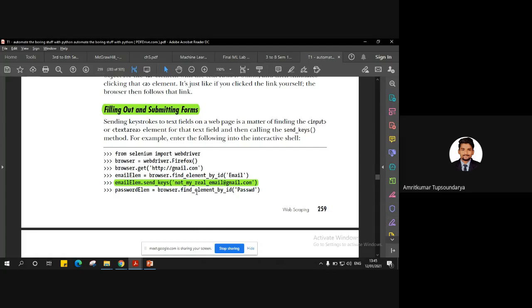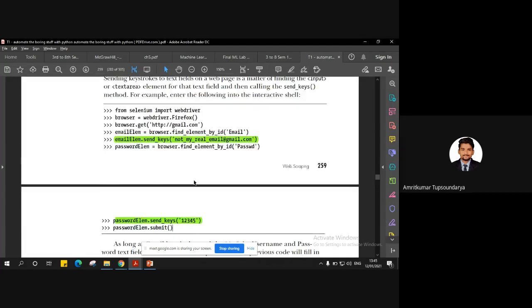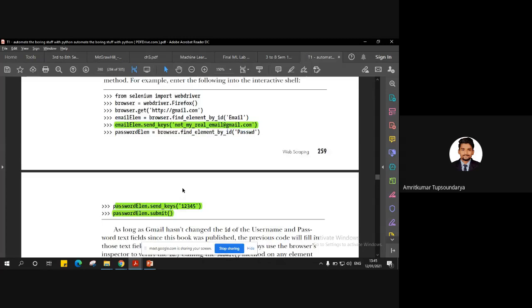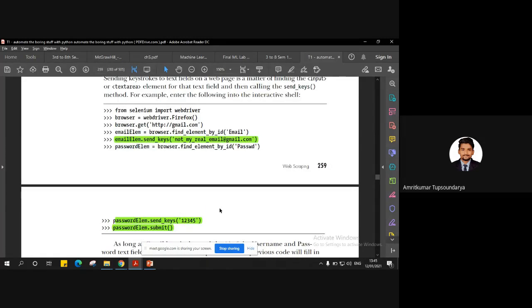So once we have our details, let's say we have to submit the form. Submitting is also very simple. It is just a single line instruction, password element dot submit, right? So this line of code will not just fill out those details inside the form, but also submit it by the end of this last instruction. So these are the basic controls, the basic things we usually do online, right?